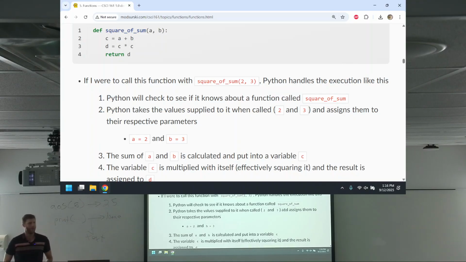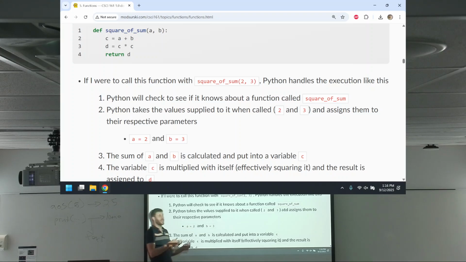first check, do I know of a function called square of sum? In this case, we have it defined, so we do. So Python goes, okay. If it wasn't defined, Python would say, I don't know what that is. Hey, Python, go build a train. Python's going to say, what? You have to tell me how to do that first. It doesn't know. So it knows what it is, and then because I called square of sum 2, 3, what'll